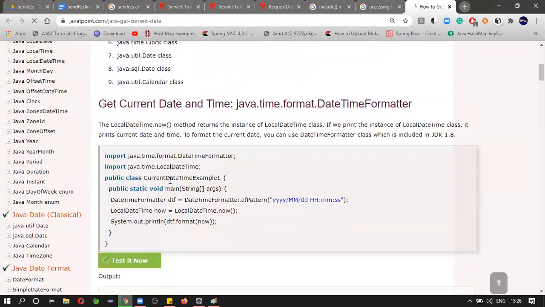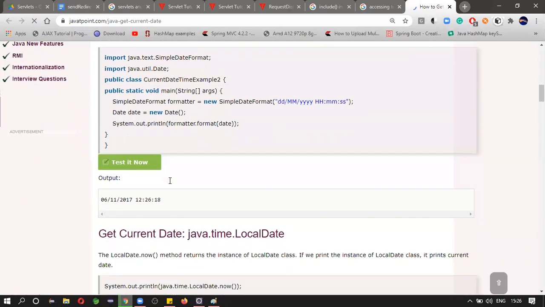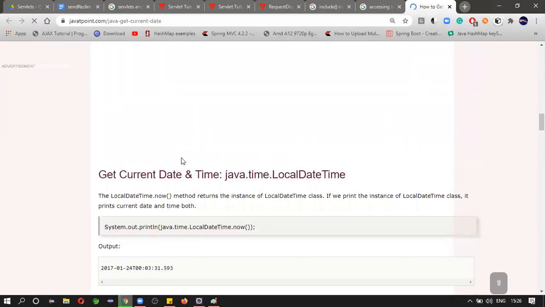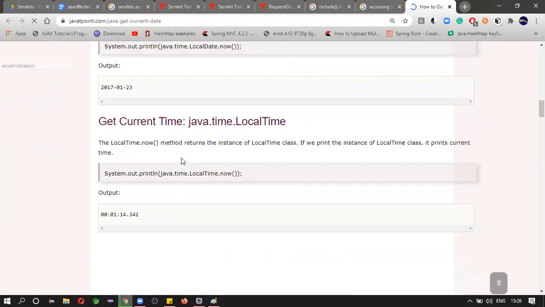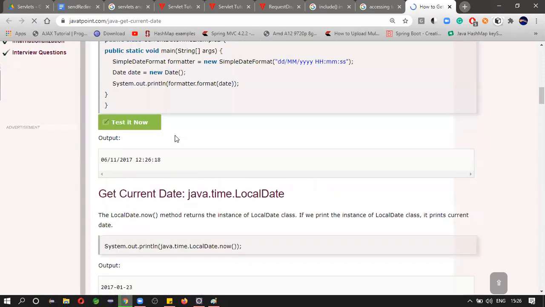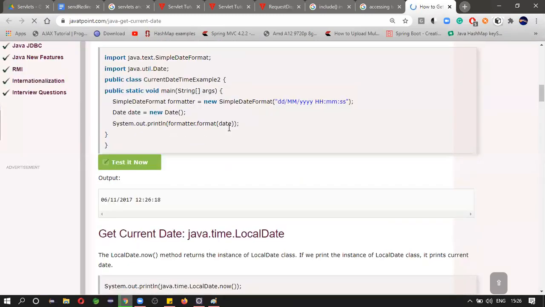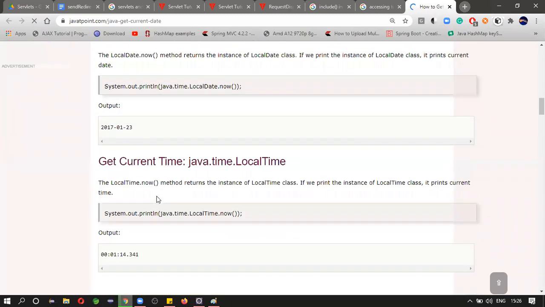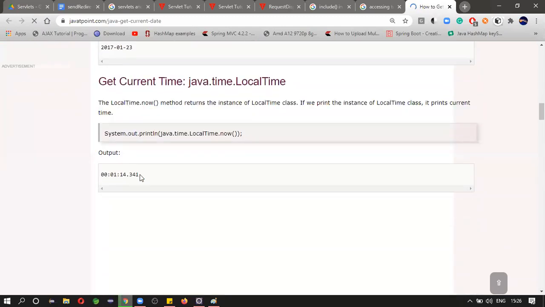Okay, you will get all the data. See here, SimpleDateFormat is a class. By using this class, you will get the data. You will have so many methods. Now we will see the time here. Let's see this example. By using the Date object, you will get the date along with time. But actually what we need is time, get current time.